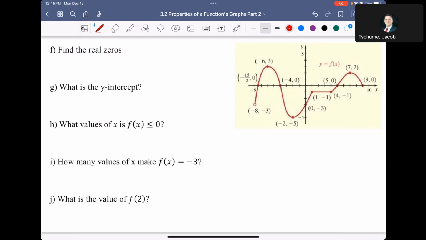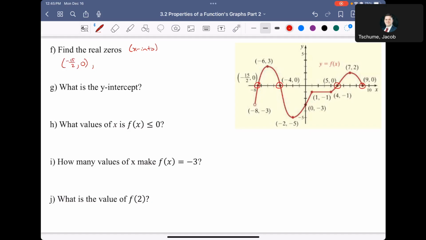So on part F, it says find the real zeros. Remember from the last video, when I say real zeros, I'm talking about the x-intercepts. So you want to find every point on this graph that it crosses the x-axis. So that would be 1, 2, 3, and 4. There are 4 different dots that I see on the x-axis, so I'm going to list all of those under part F. That would be at